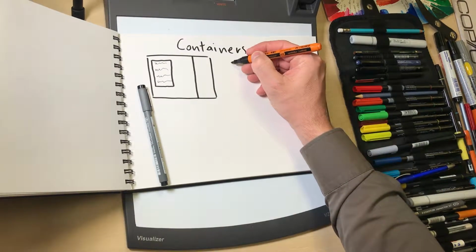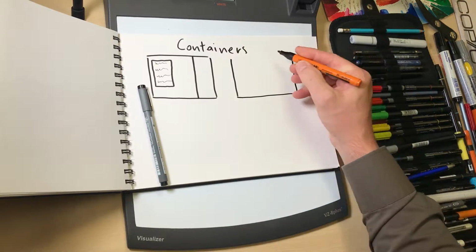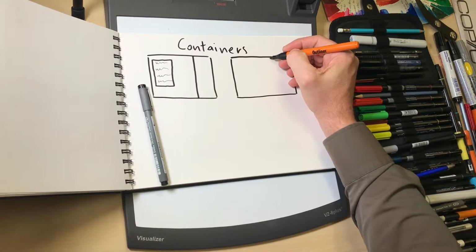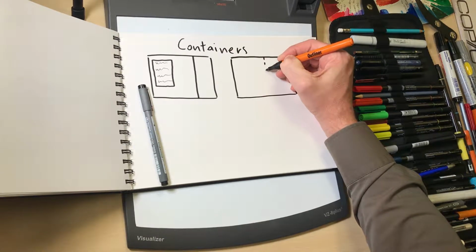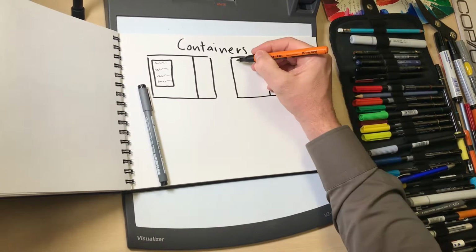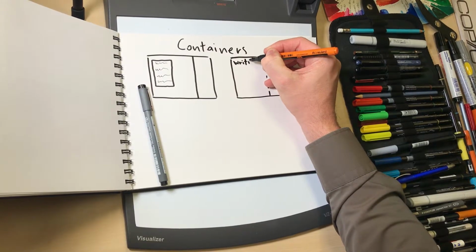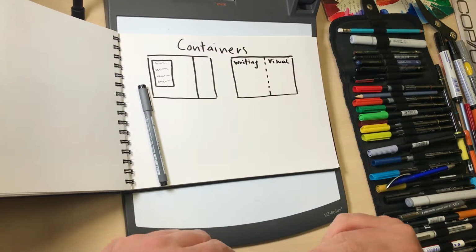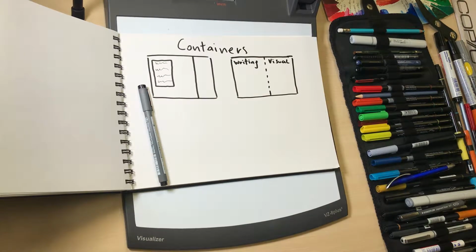A classical example for that would be a sketchbook page where we train for sketch noting. In sketch noting, we, for instance, listen to a talk and we visualize and report on that talk. And we will do that in another session. Usually the training for that is that you divide a sketchbook page in the middle or in thirds, and then you have writing on one page and visuals on the other page, just to get into that experience of listening to a talk and developing visuals at the same time.